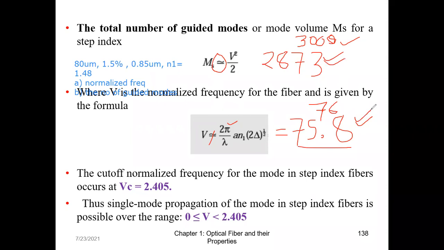No one will deduct marks. But if you write this also, then also no problem. This is just to give you an idea that we cannot be very specific. Yes, there would be 2873 modes. No, it will be more because we have approximated all the decimal places, and both of these formulas were approximate formulas.